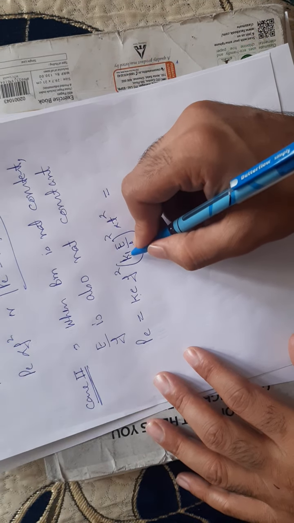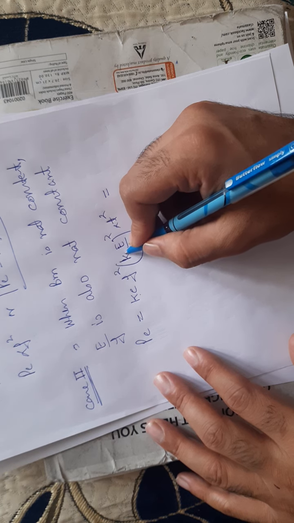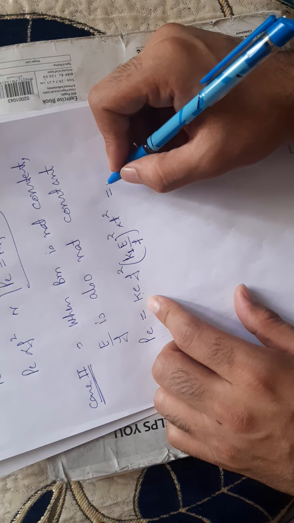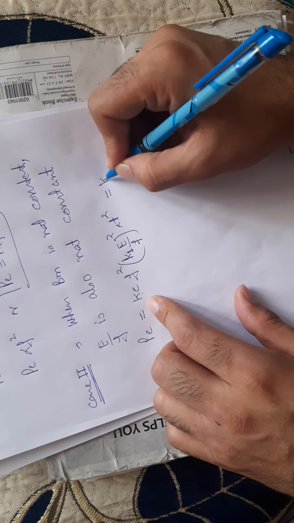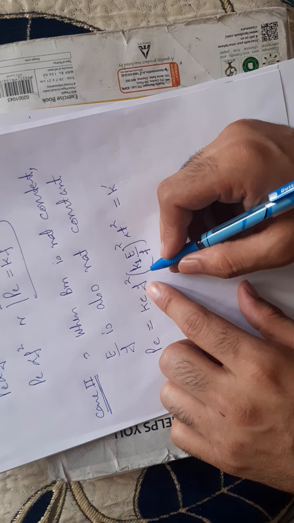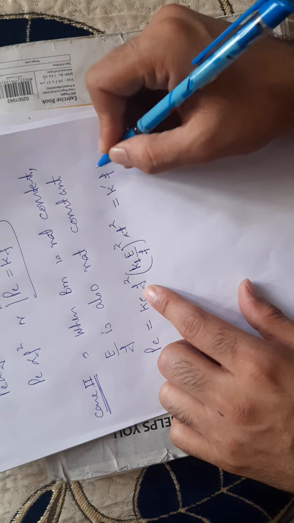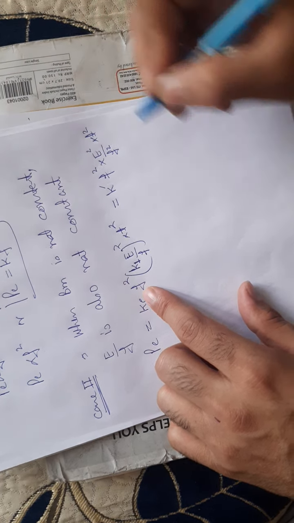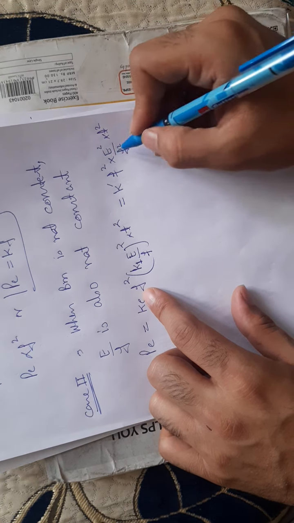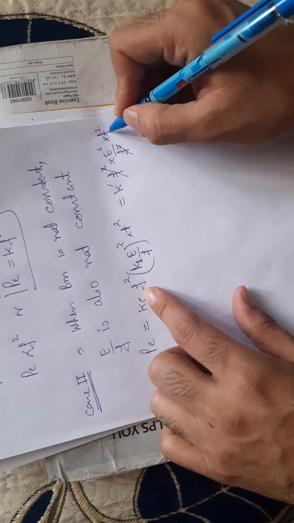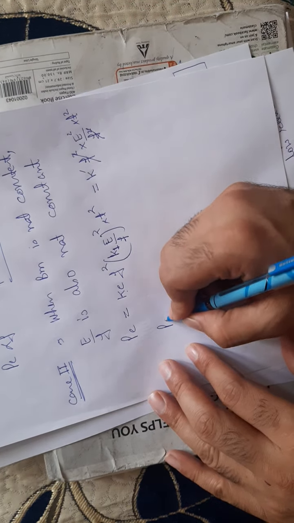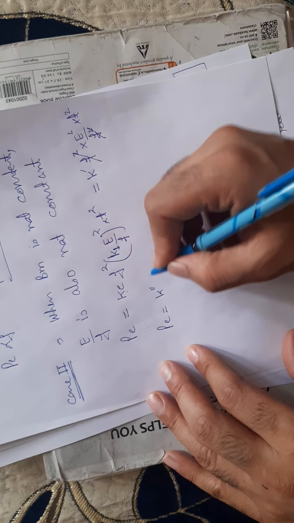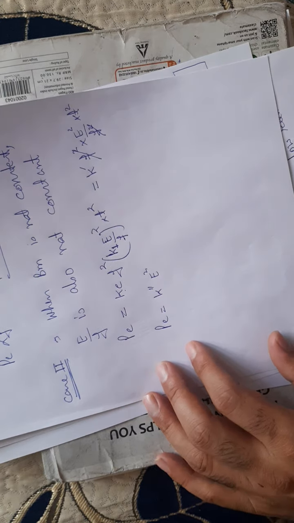K1 is constant, so the square of K1 will also be constant, and that constant multiplied by Ke is again constant. I am representing it by K dash. So what I am left with is F square multiplied by E square divided by F square, multiplied by K dash T square. F square cancels. This T is fixed. So I can write PE is equal to T square multiplied by K dash, which is K double dash E square.